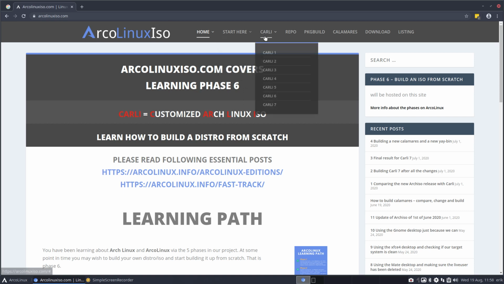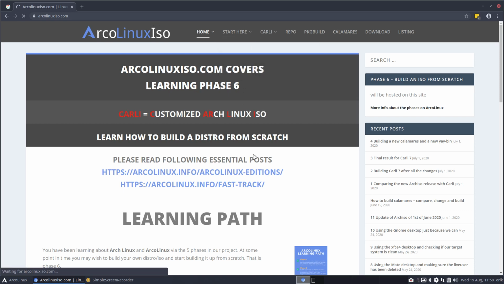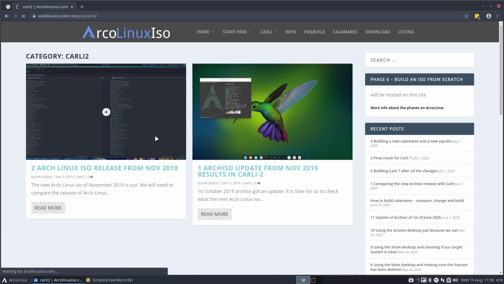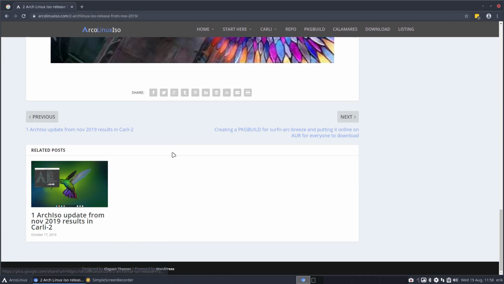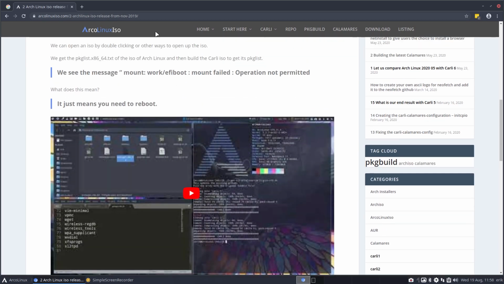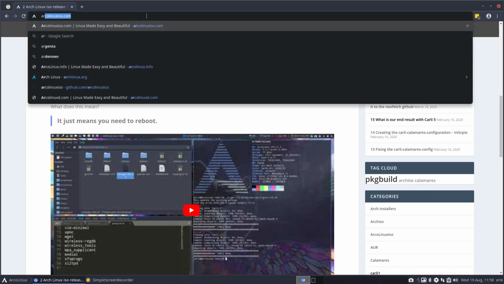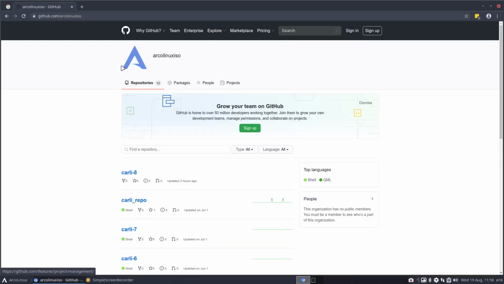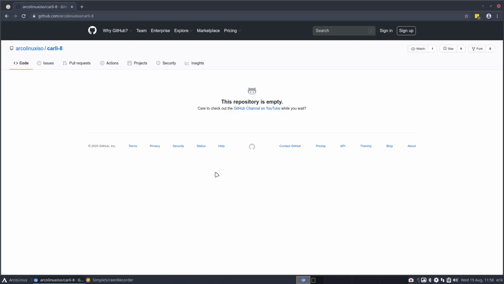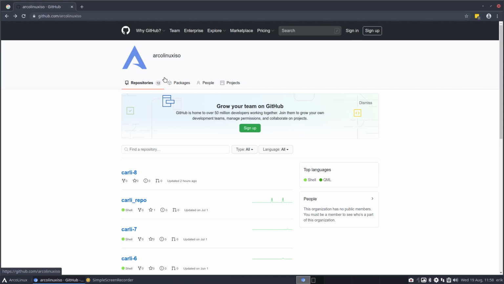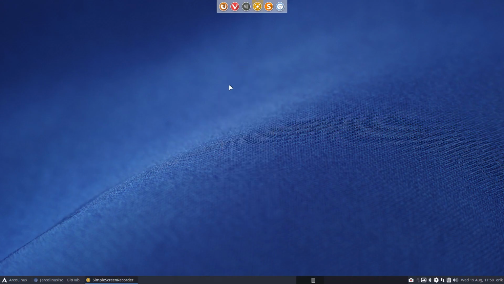Where can we find this information? If we click here, I believe, if I did not forget it, underneath any of the articles there is a link, and yeah, sure, I did forget it in this one. So what we do is we go to the GitHub ArcoLinux ISO, right? And I've already created Carli 8. So just sign in, create a new repo, and the repo is just empty for now, right? But it's there already. I copy pasted it